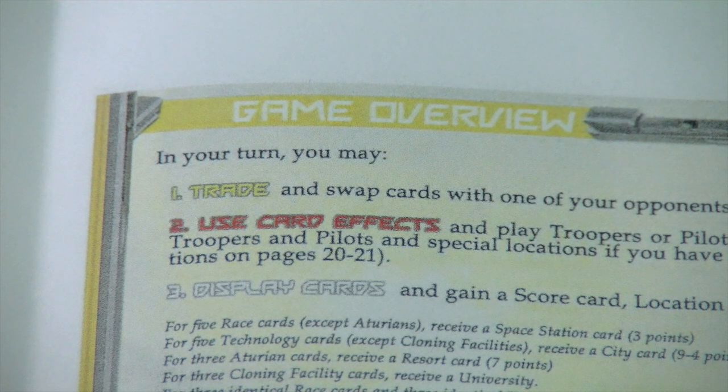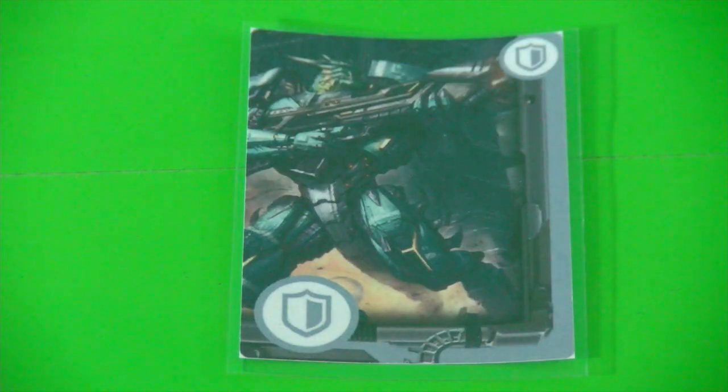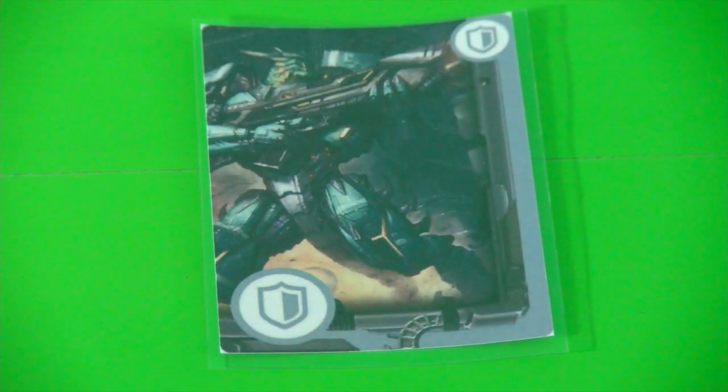Then you can use card effects, and card effects could be this new resort here if you happen to have claimed it the round before, or using a trooper card like this one here, which would let you block a card of another player, but then this card will be discarded, and if you decide to keep this card until the end of the game, it's worth 1 victory point. So in some cases, at least during my test, it really showed sometimes it's better to just keep this card